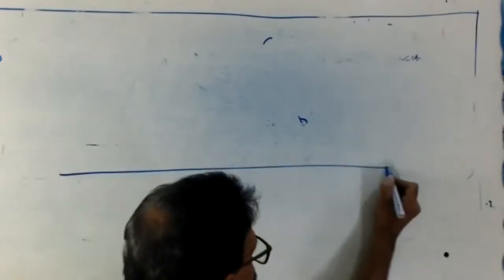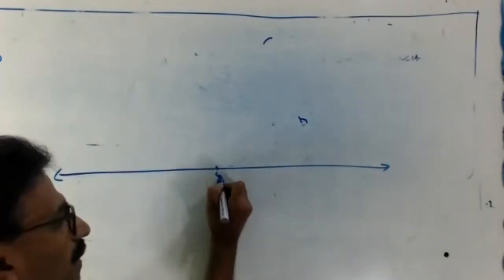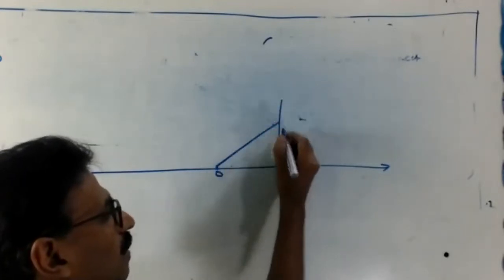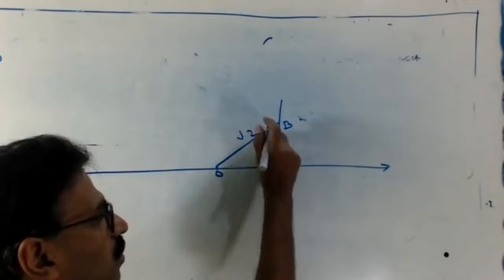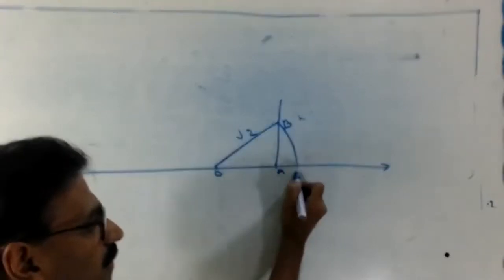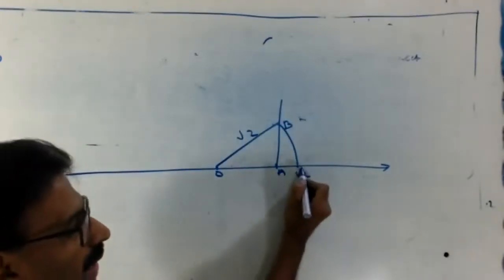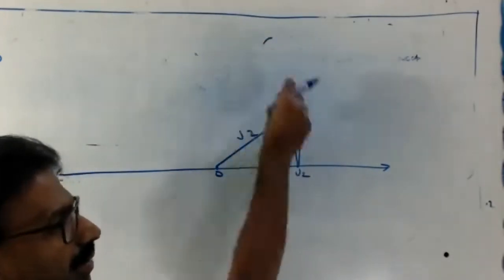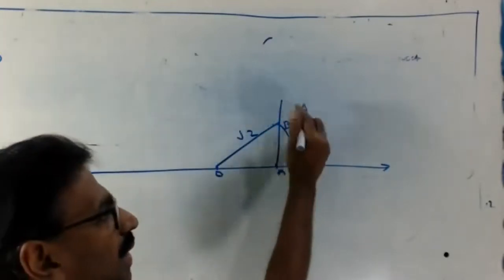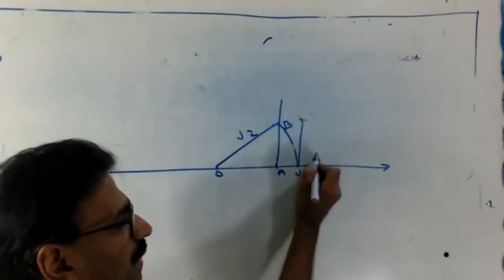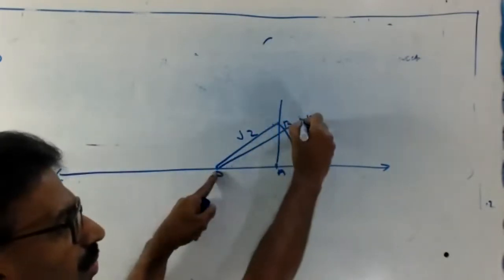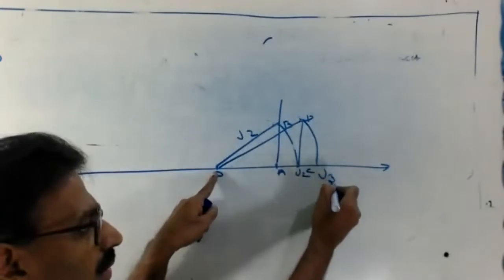Easy. Look at here, very simple. O here, B here. This is root 2. Make an arc. Draw again with protractor or compass, draw a line, same as you did here. This is C, D here. Join. Then O as center, OD as radius. This is our root 3. This is simple.